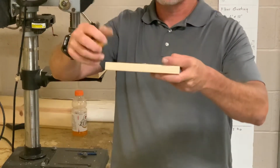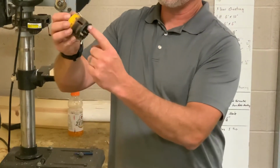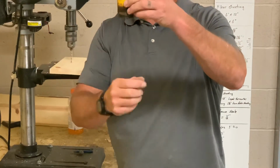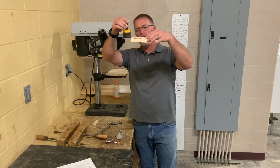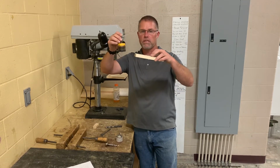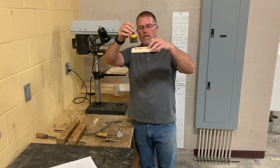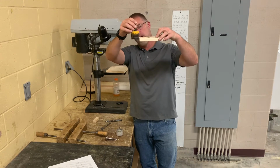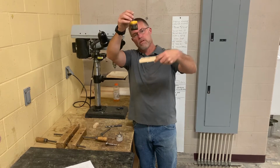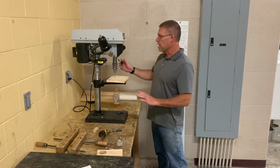That does 2 things. It gives you a nice clean cut here, and when you're done, the round piece is sticking halfway out, and you can grab it and twist it out. If I was just to plunge this all the way through, now the round piece is stuck up on the inside, and it's a booger to get out. You gotta have a hammer and a screwdriver and about 10 minutes of time to get that out. So, in review, drill halfway through, lift up, flip the board over, drill the other half through, and you're gonna save yourself some time there. Okay? Last thing is,